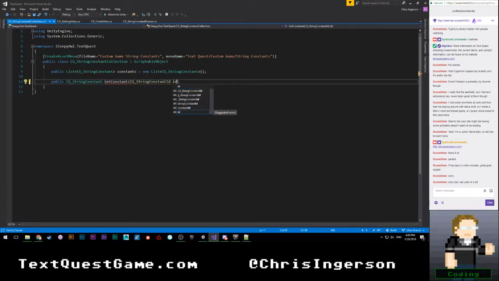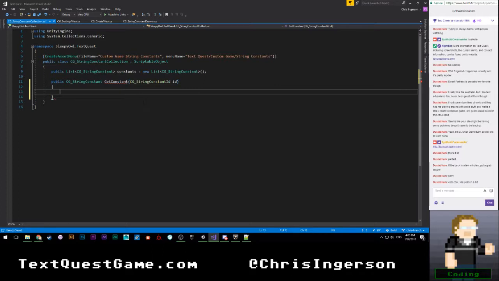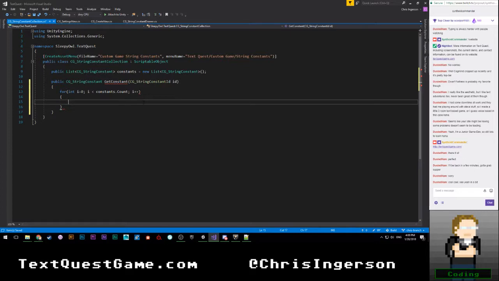So we're just going to say for int i equals 0, i is less than constants dot count, i plus plus. Then at the end here we will return null. Otherwise we're going to say if constants of i dot ID is equal to ID, return constants of i. All right.